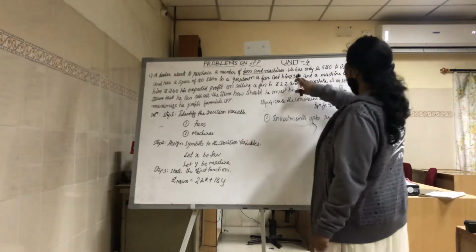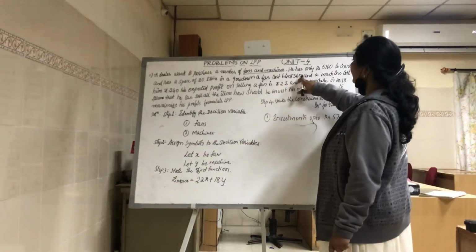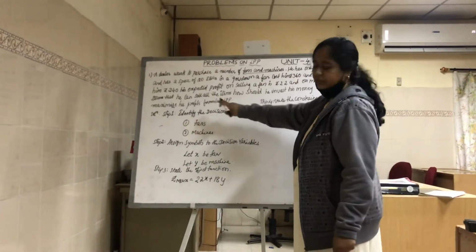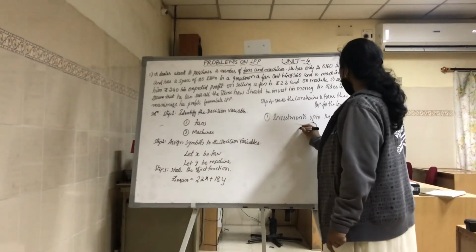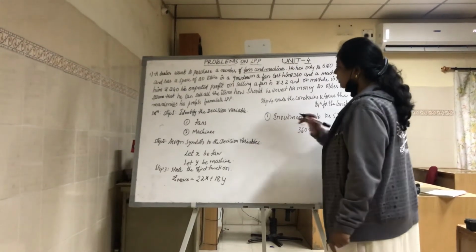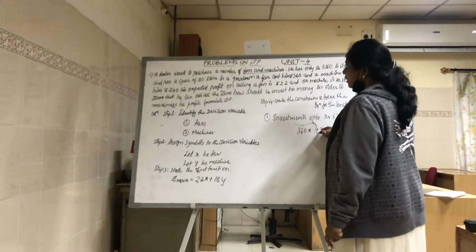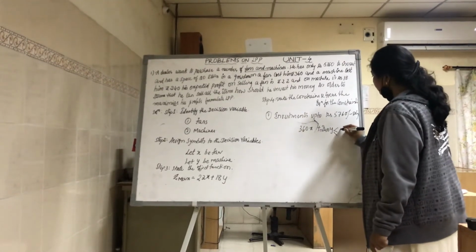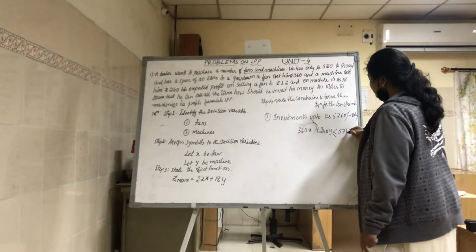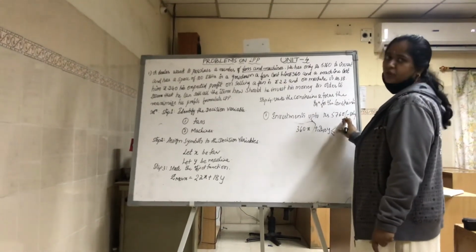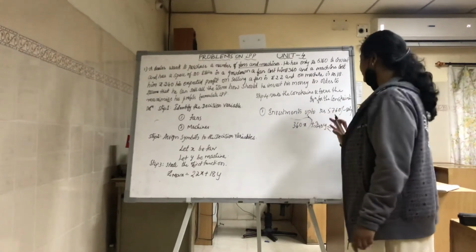So here cost price of fan is 360 whereas machine cost is 240. So you will write it as 360x, x is the symbol for fan, y for machine, plus 240y should be less than or equal to 5760. Constraint is this should be either 5760 or it should be less than that.